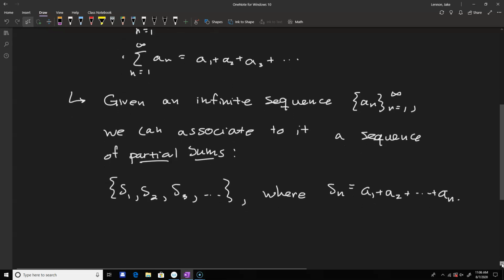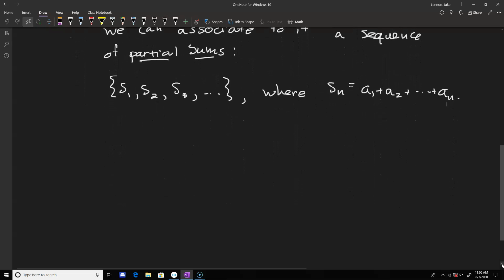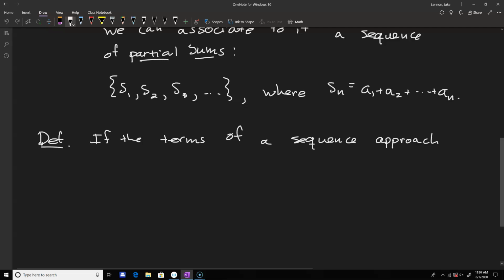Okay, so let's look at some specific sequences and understand what they're going to. Let's briefly talk about what a limit would mean, and then we can look at some sequences and see whether or not those limits exist. So, definition: if the terms of a sequence approach a unique number L as n increases,